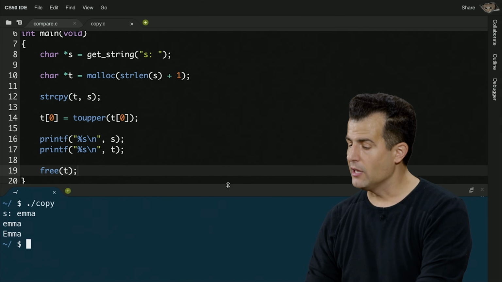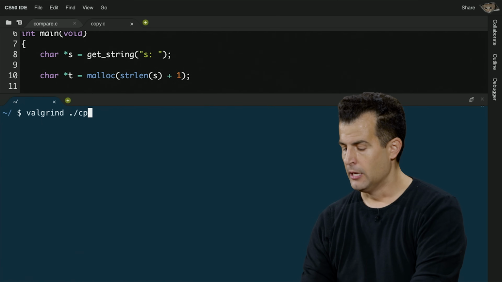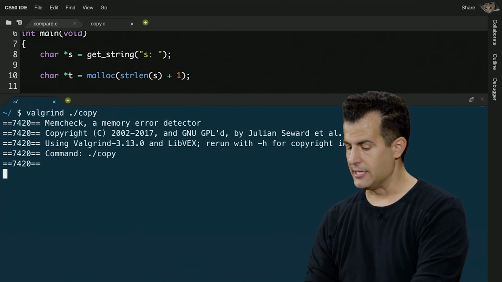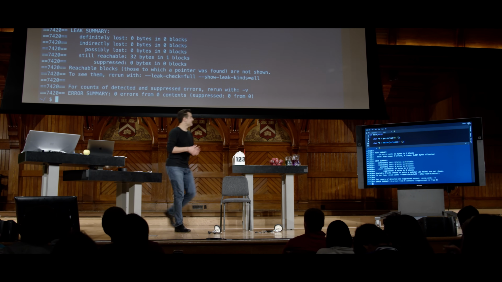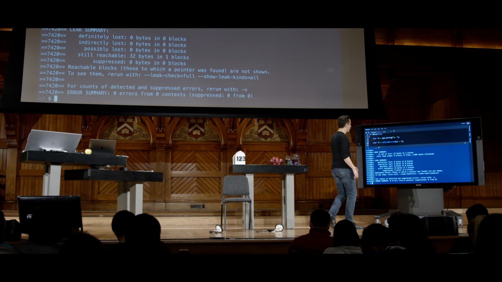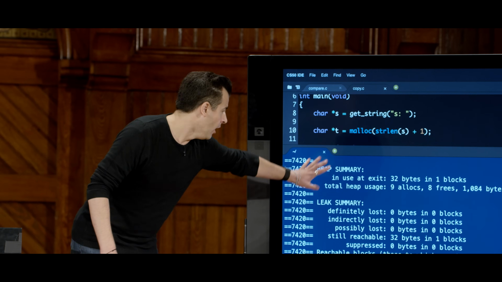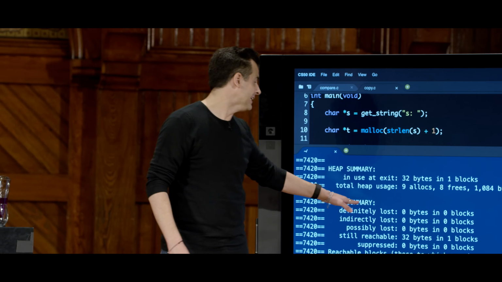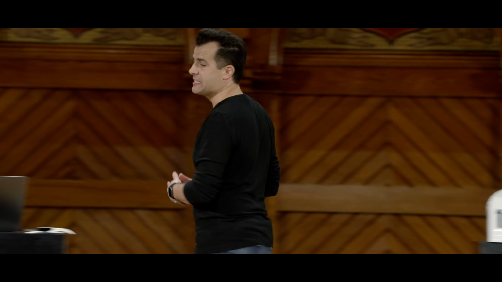But now if I analyze it for mistakes with Valgrind, so valgrind ./copy, I'm going to again type in Emma in all lowercase. And I cross my fingers that indeed now, leak summary, 0 bytes in 0 blocks. So unfortunately, even when all is well, it still spits out a mouthful. But now I see no mention of blocks that are actually leaked, at least in the top part here. And we'll see more of this over the next couple of weeks as we use it to chase down more complicated bugs. But it's just another tool in the toolkit that allows us to detect these kinds of errors.